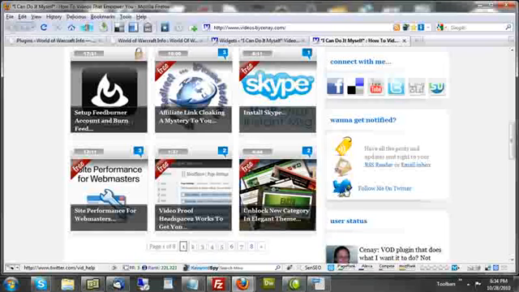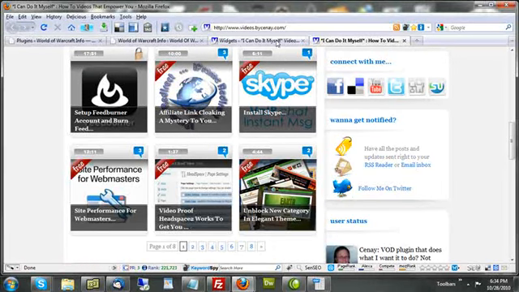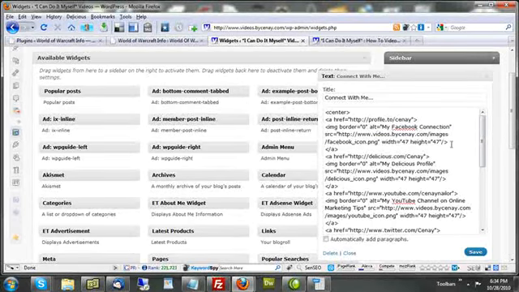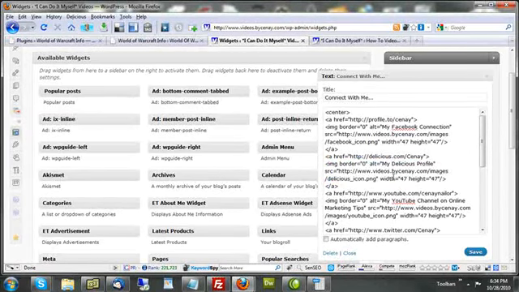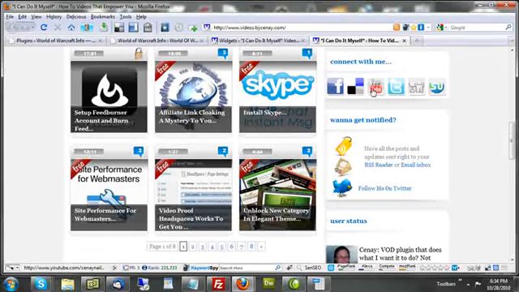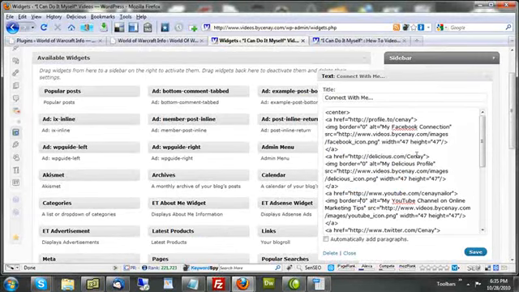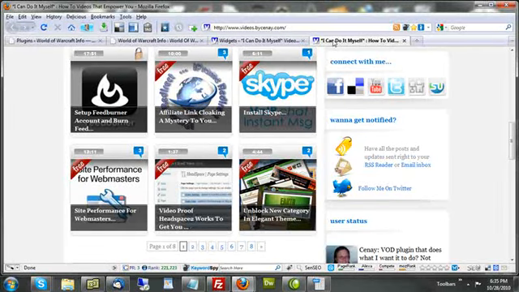Now, this isn't a plugin. This is actually a little code snippet that I wrote and placed inside a widget, a text widget. So I just copied and pasted some code that I wrote and placed it in here. Now, if you like, leave me a comment and let me know you want it. I'll publish the actual code that I used to produce both of these, this one here and this one. I went out and found some images that make it work, and I wrote the code so that it'll open in new tabs and let them follow me. So in this case, a really quick theme edit, and actually I didn't even have to edit the theme. I was able to do this in a widget. Meant that I didn't have the overhead